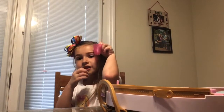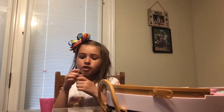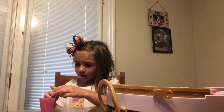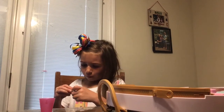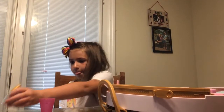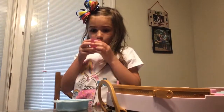Wait, I forgot the shimmering cup. And we need one of these scents. Let's do with this scent. It's my favorite scent. It's the candy scent. So I'm gonna do this to make it smell like candy. Now, first we need our measuring cup, and we need